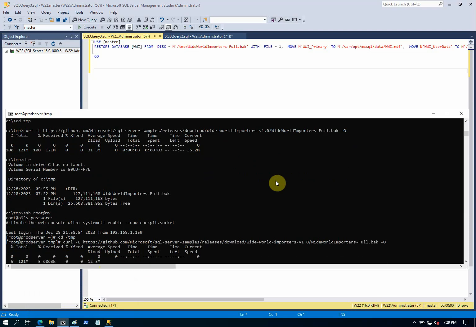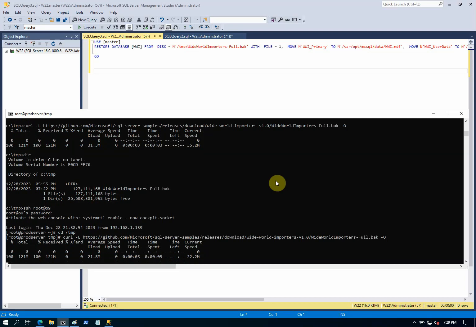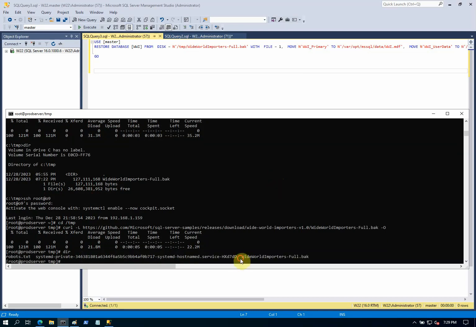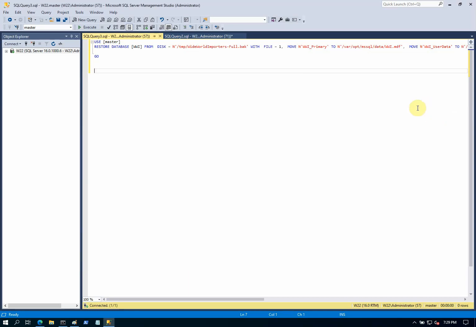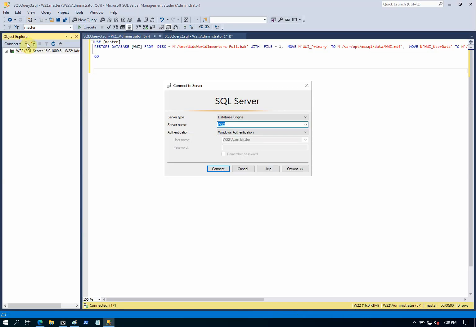I'm going to do the curl and download the backup. You see, this is the backup image. It doesn't matter which way you do it. You can use the web browser to download and upload to here, or use wget. There are so many ways, but I just use the same curl on either Windows or Linux. Now it's ready for us to do the same thing on